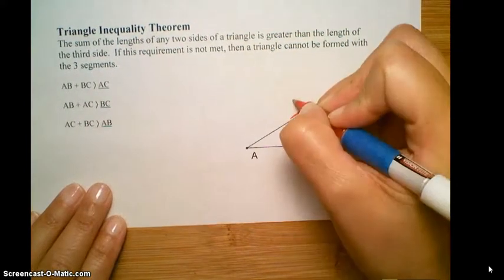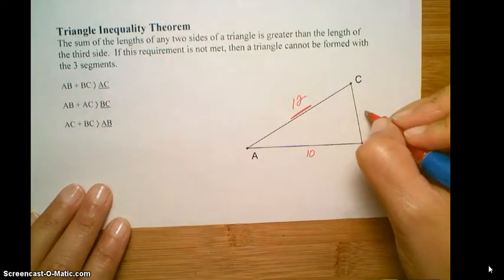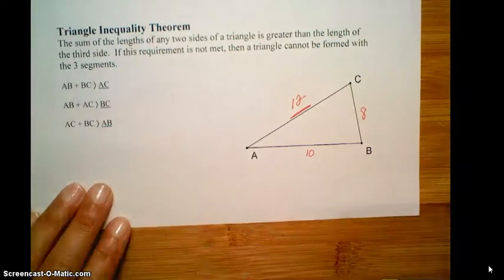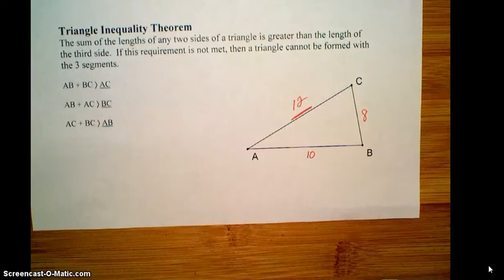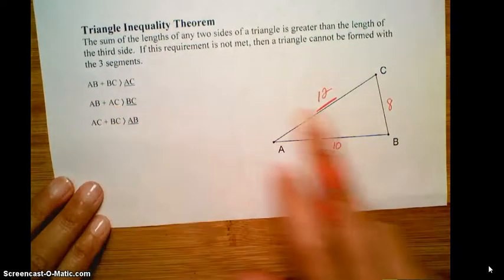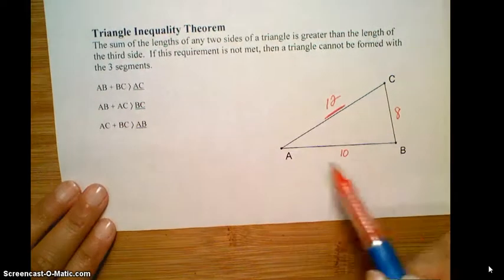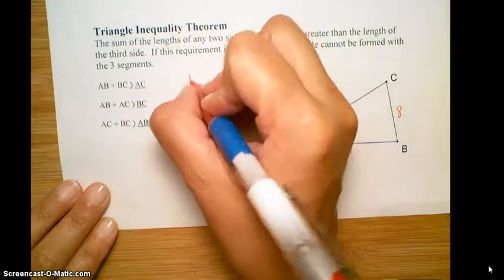We'll go back to the numbers we knew before. This side was 12. And this side happened to be, we'll make it a little bit longer, this guy's 8. So with that in mind, if I were to take these statements and put the numbers in for them, my first statement would be 10 plus 8